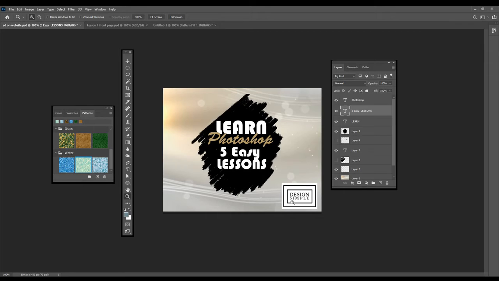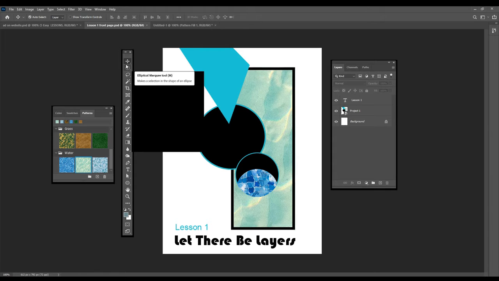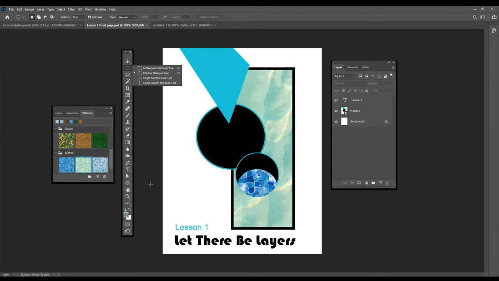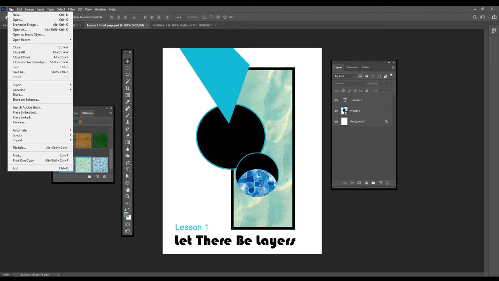Let's get started. Learn Photoshop, 5 easy lessons. Lesson 1, let there be layers. In Lesson 1, I will be teaching you how to create layers, the Move tool, Marquee tool, color palette, patterns, edit, fill, stroke, free transform, and transform. Okay, let's get started. File, new,